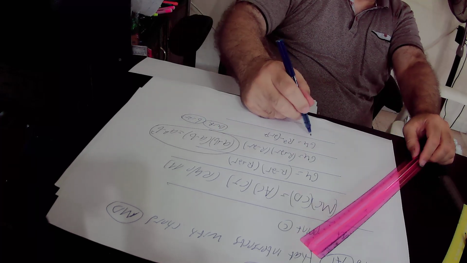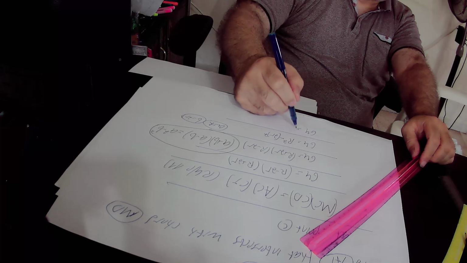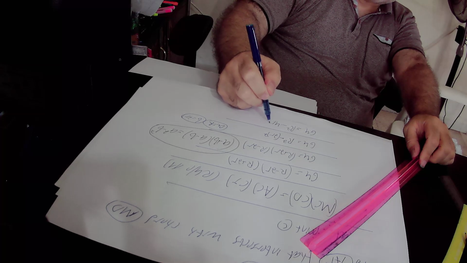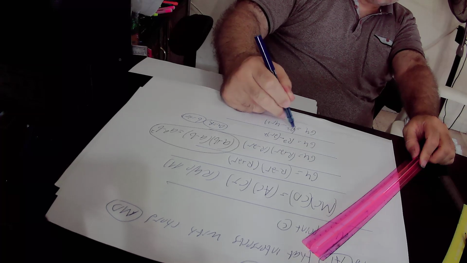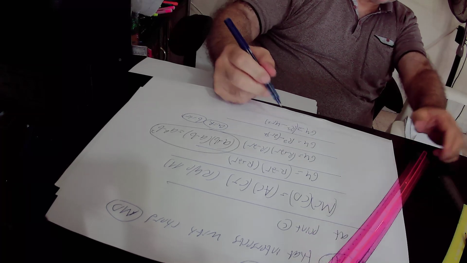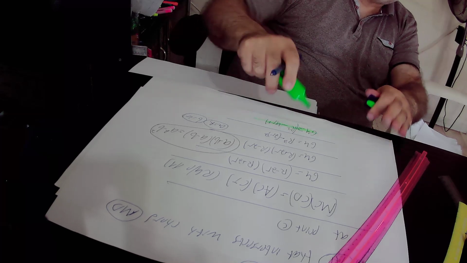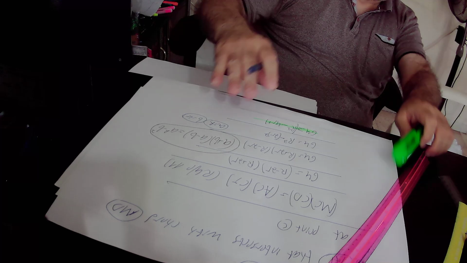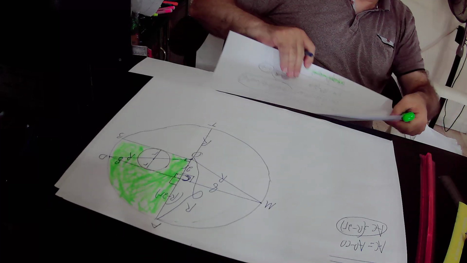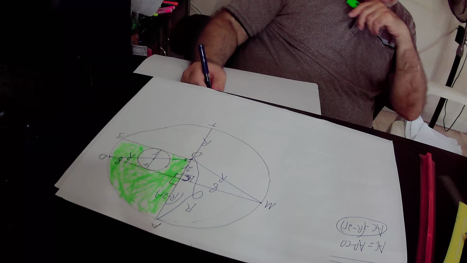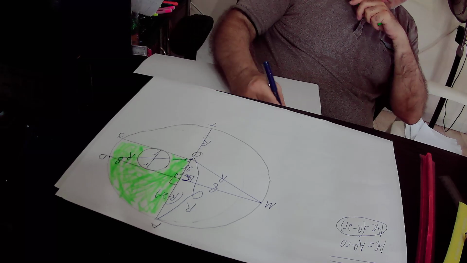So here 64 equals capital R squared minus 2R squared, which is minus 4R squared. So in conclusion, we found out that 64 equals capital R squared minus 4R squared. But what is actually the area of the green shape? From the drawing it's very easy to see that the area of the green shape